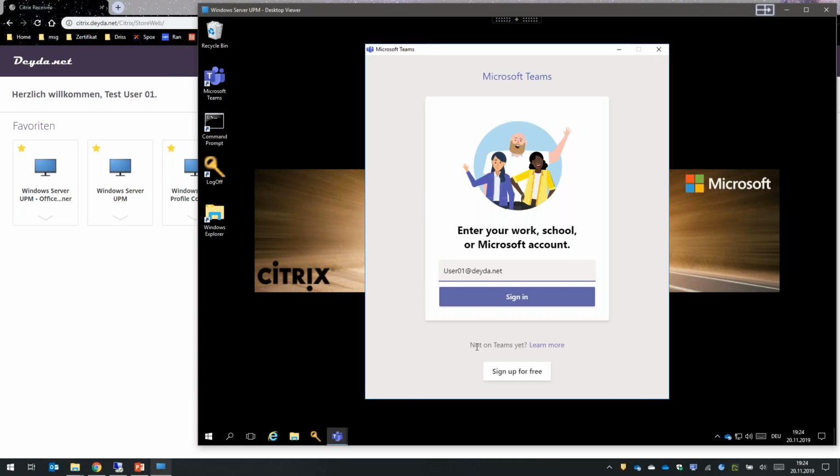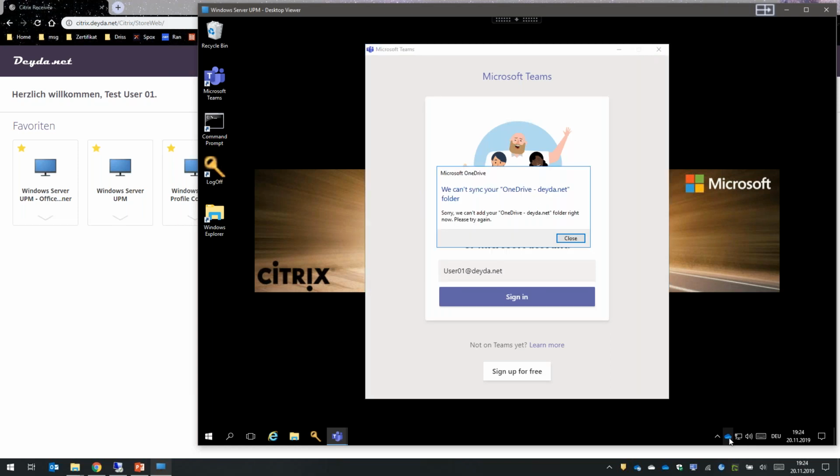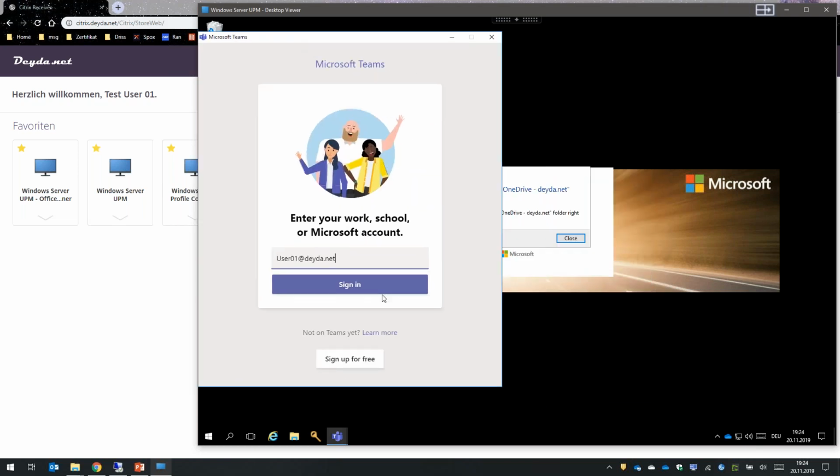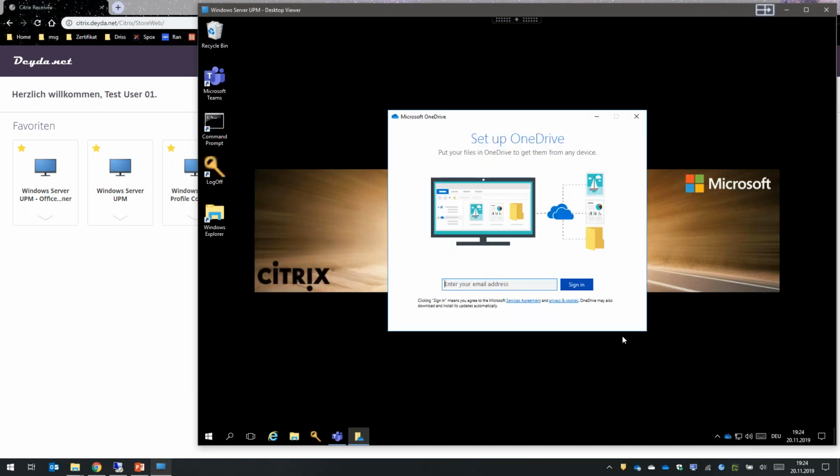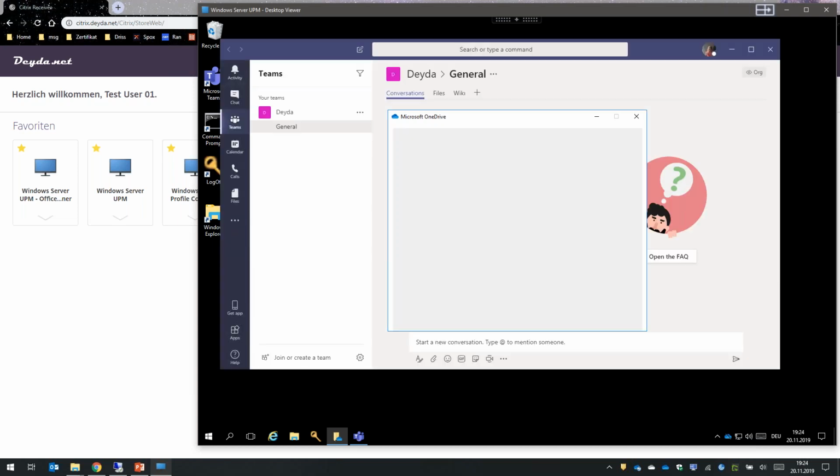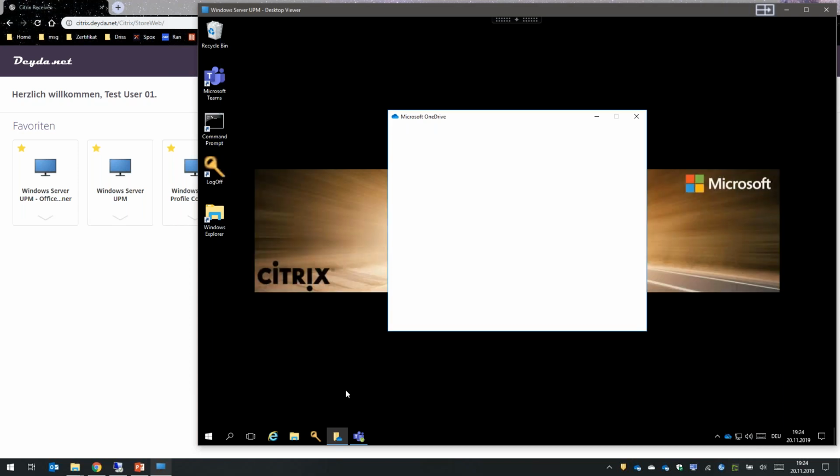Now take a look at the desktop, and we see that our OneDrive login is broken, and our Teams login is non-persistent. Yeah. Sign in, close, edit it anytime. Come on. And if you look at the user profile,